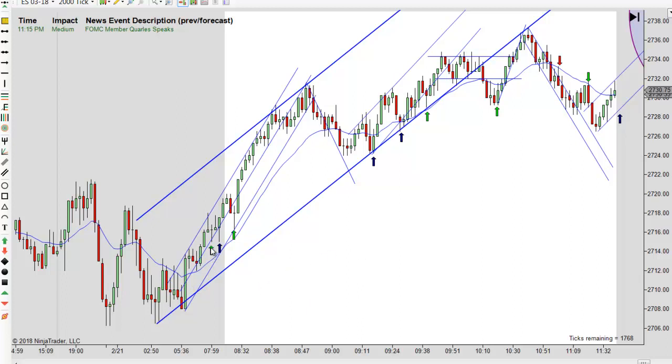But anyway, there's a failed second entry short there, and if you played it like a spiking channel, I'd probably say this would be blue. But there's just not a lot of price action here to know. But you do know it's a failed second entry short after two measured legs up. It's pretty close to the high, and there's some previous resistance there, so I made it green.